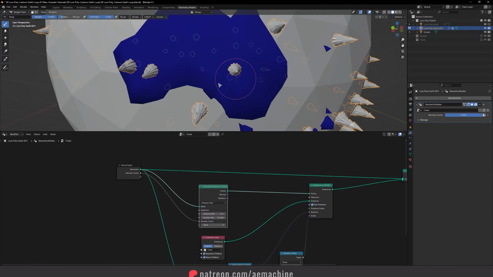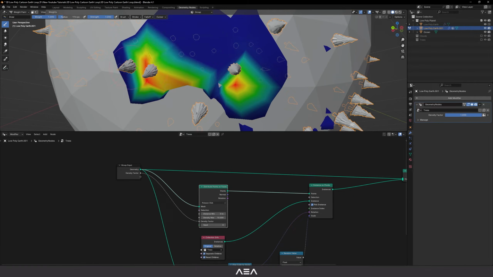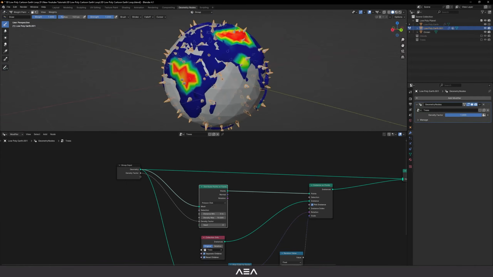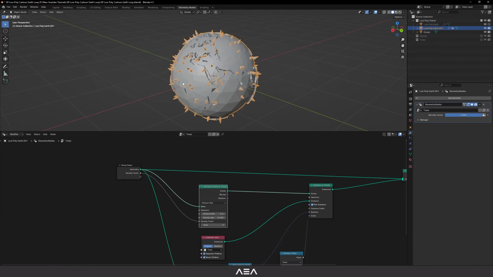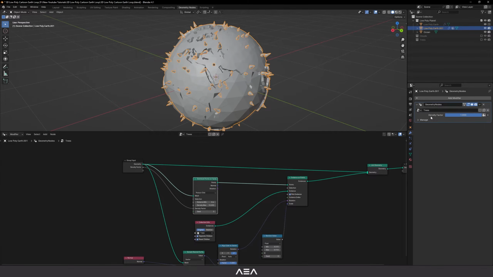And let's also give some trees to Australia as well. Oh, I think that they have a lot of desert, right? Oh, whatever. Now we need to, okay, I've almost forgot Europe. Okay, perfect. Now let's go to density factor, and I'm gonna select this input attribute toggle key, and now we